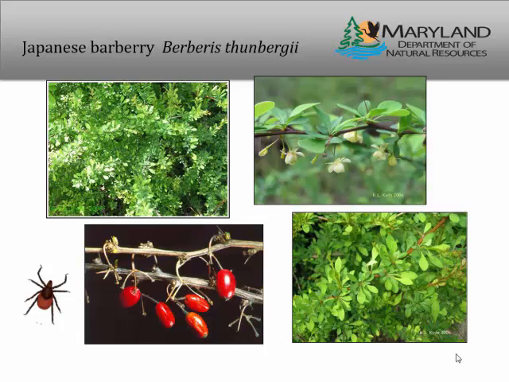They can drop down and create new plants underneath them and then spread throughout the forest as the animals eat them and deposit them. And these can grow in your shadiest of woods and then in patches of sun too. And they can really cause a problem in the understory. And I have my little tick picture on here because these are one of the main culprits.